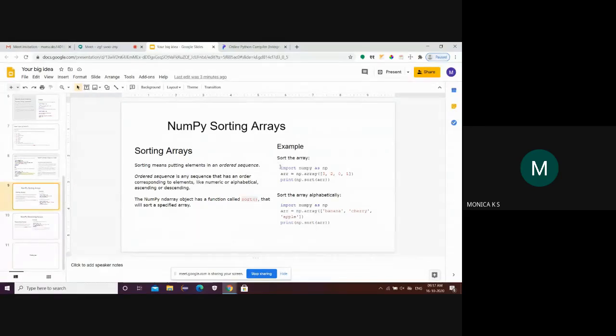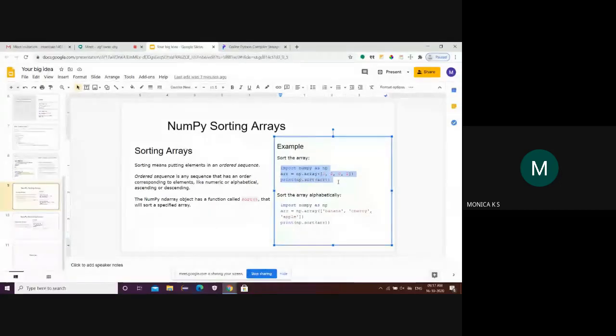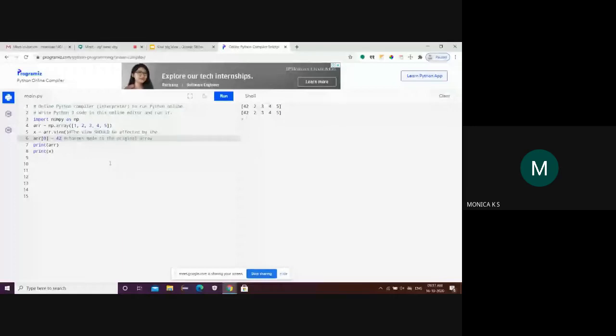This program is used to sort the numbers. As you can see, the input is 3201 and the output is 0123. So this is the sorted form of these elements.